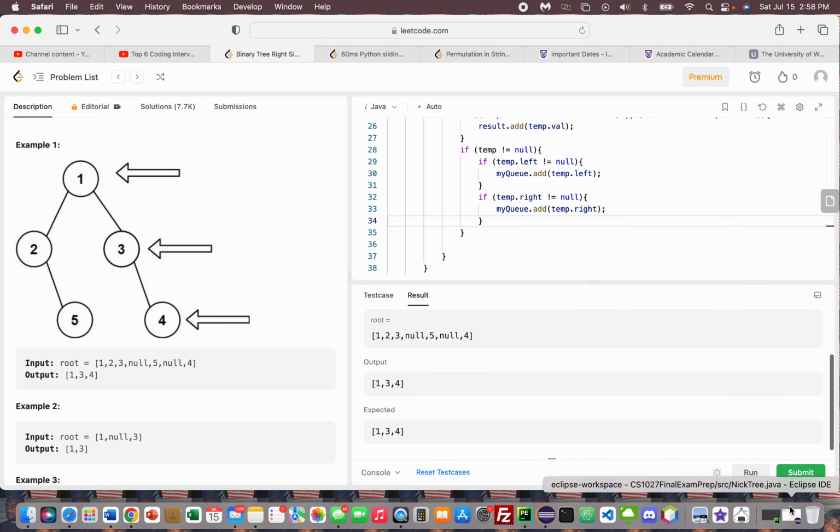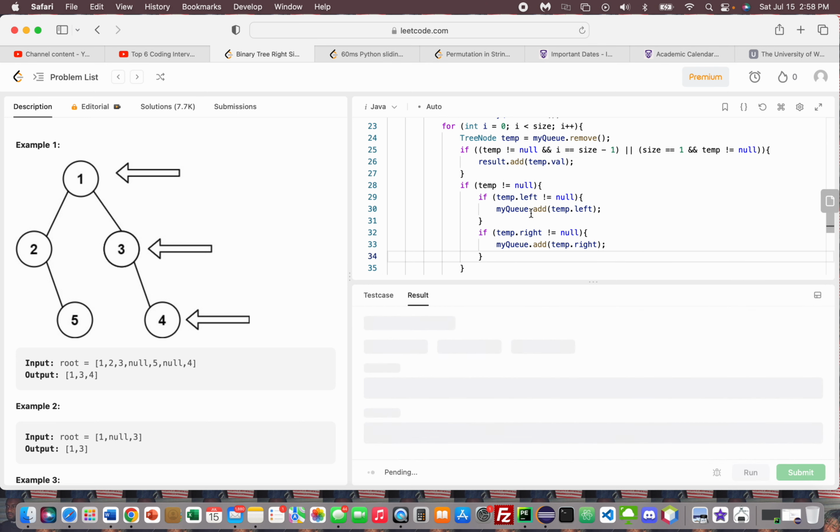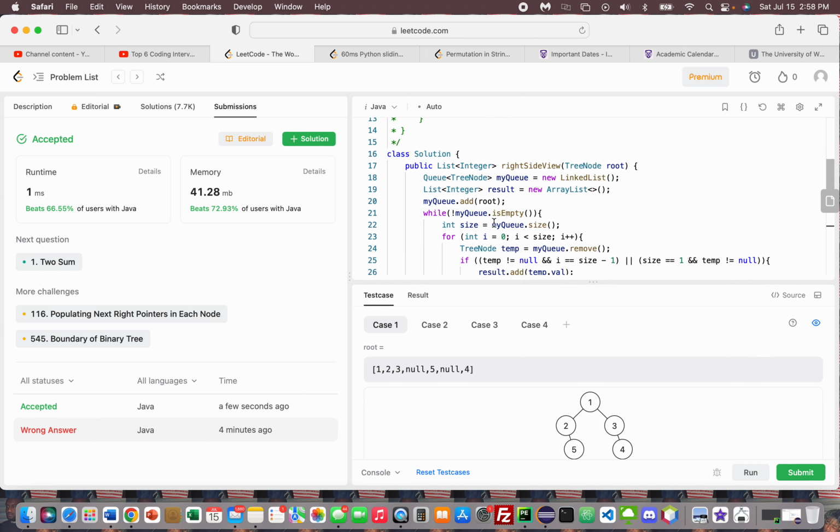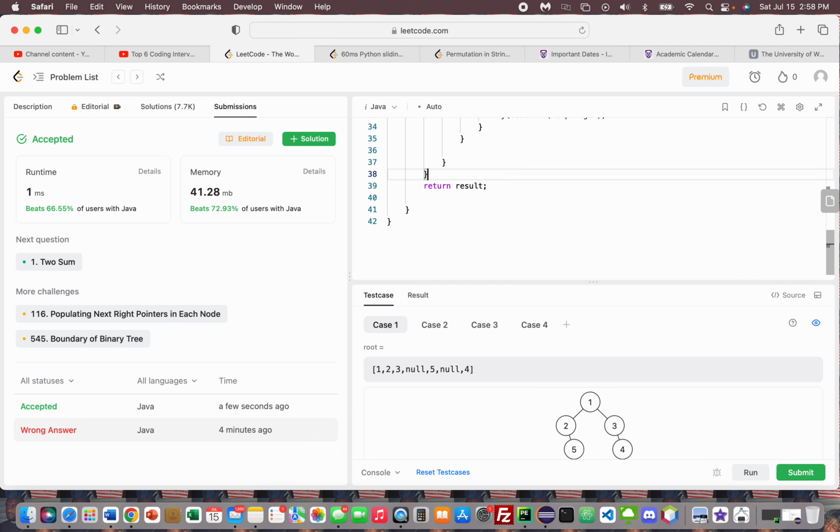Yes. Let's go. Nice. Yeah, so basically all I did, so before in our queue, what we were doing is we were adding in